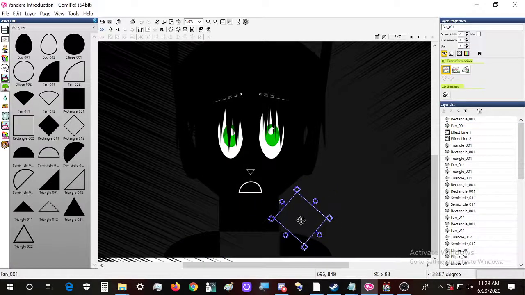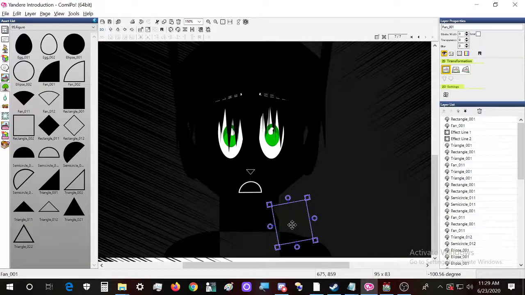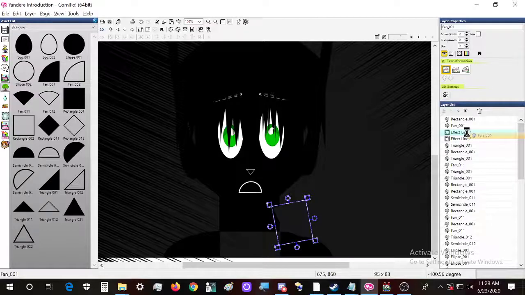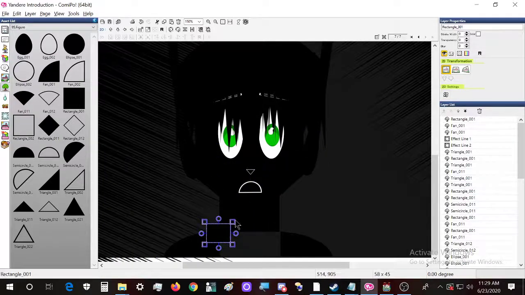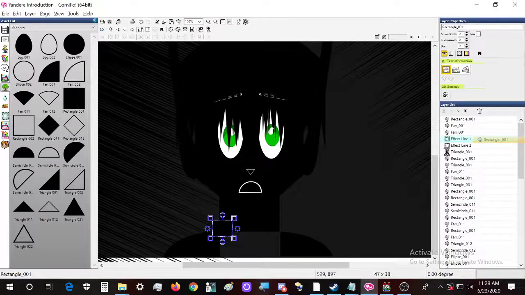And I'm gonna put this one as well in here, and I'm gonna take this one and put it right next to this one so that it's not observable. Now we're gonna make a little rectangle in here that we're gonna make very small. Okay, and we're gonna put it in here. We're gonna take this triangle and put it in here.